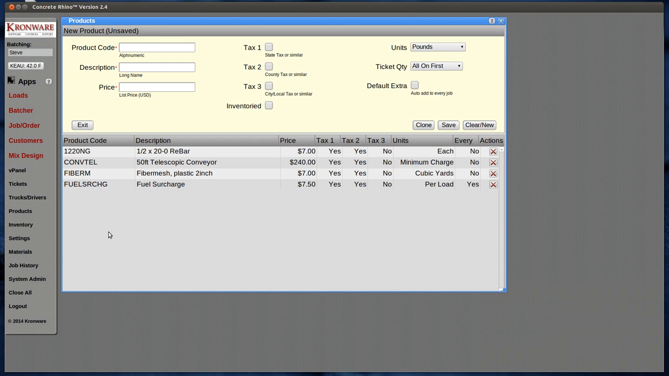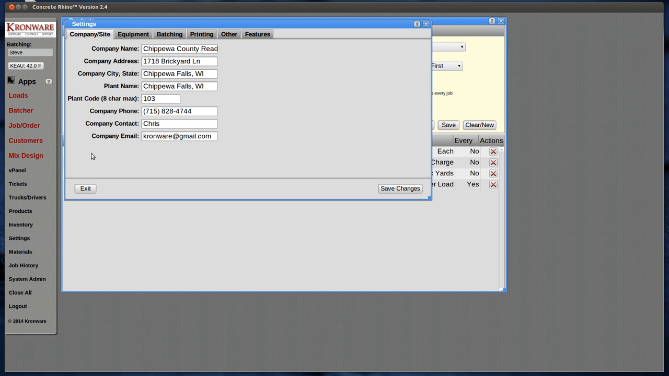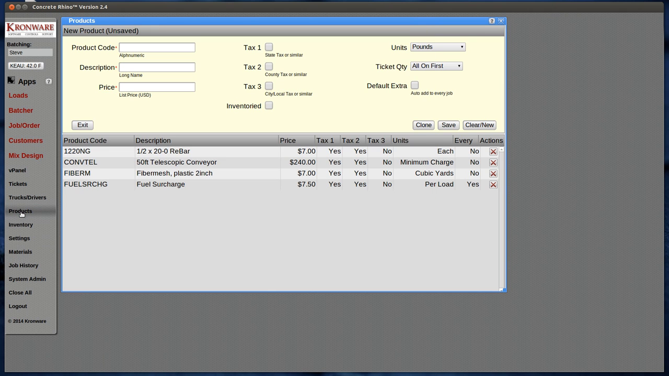Products. The Products app is launched by clicking Products on the launch bar. Again, all these are single clicks to launch an app. Clicking on it again, if the app is already open, it just raises the app. Although Mixed Designs are products,